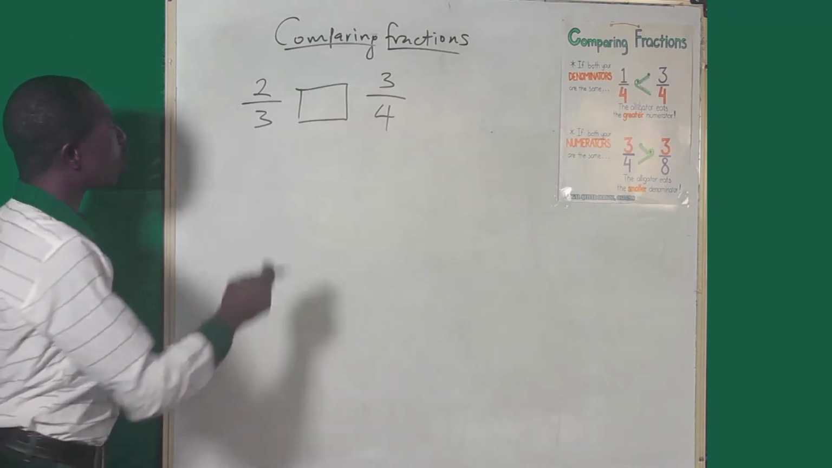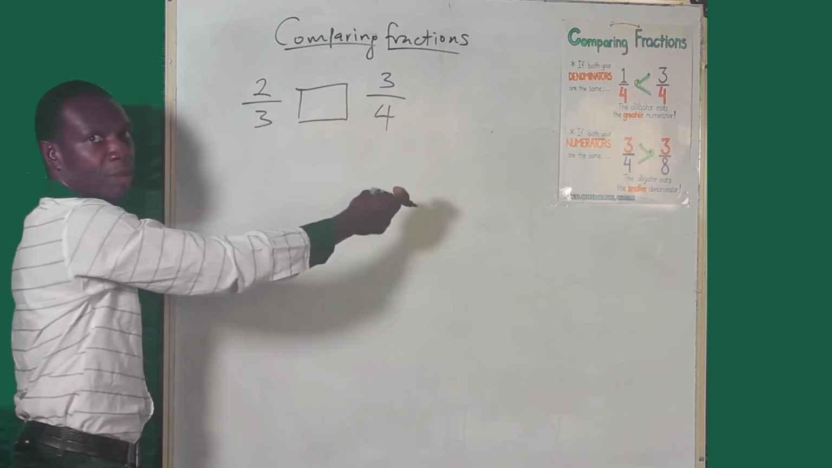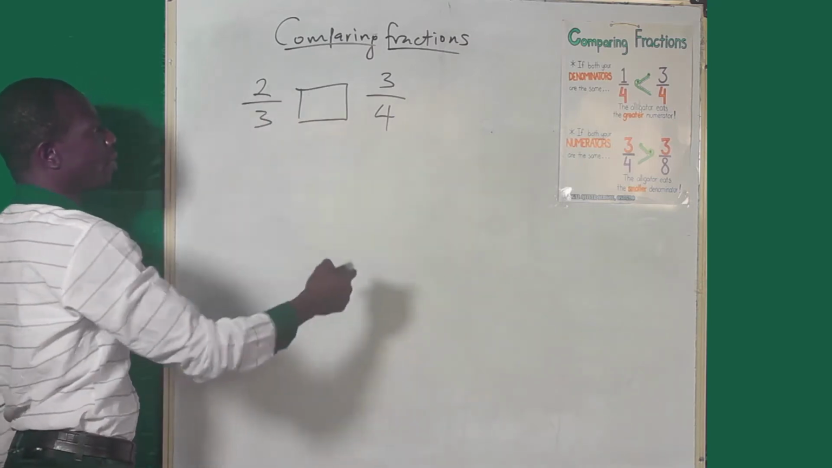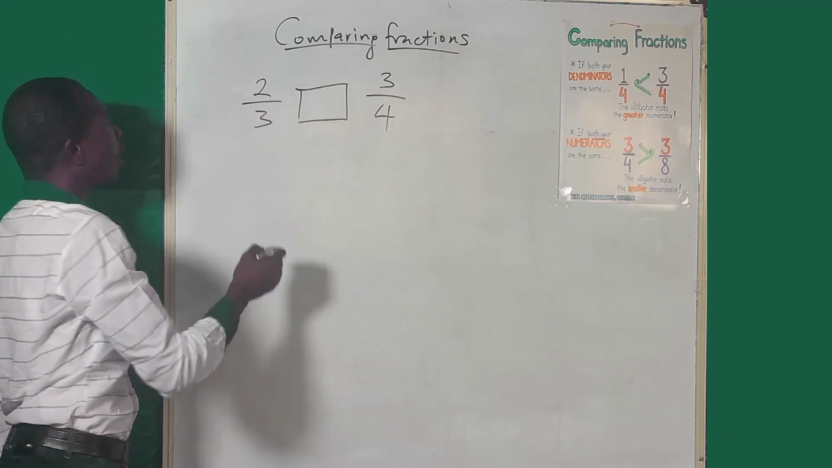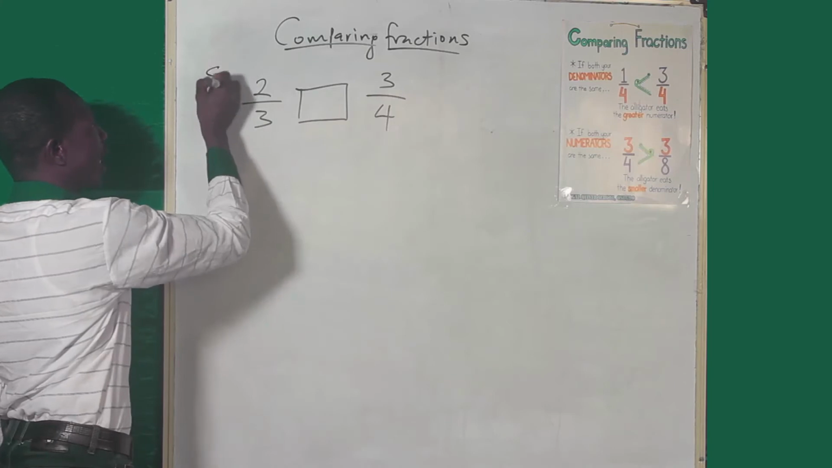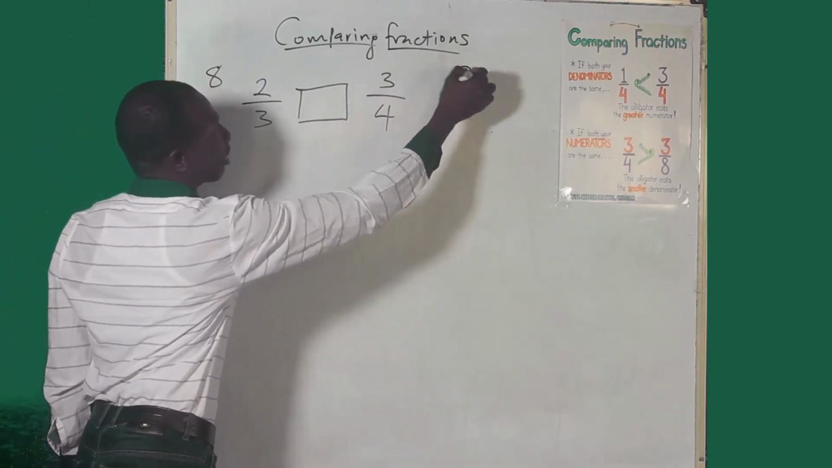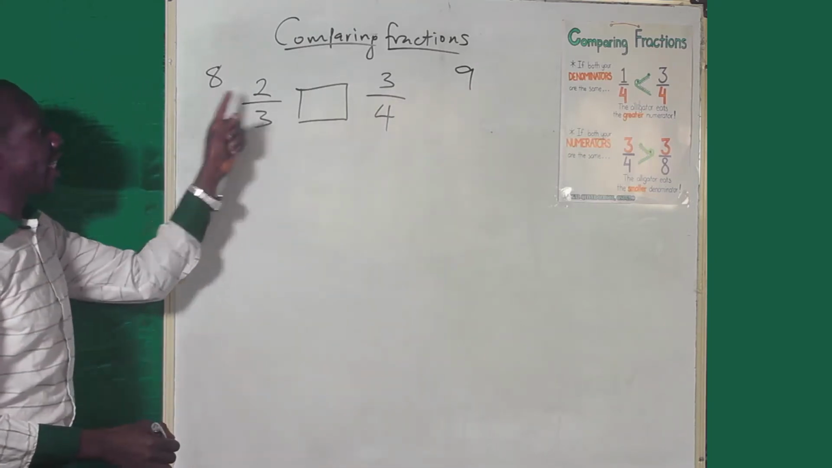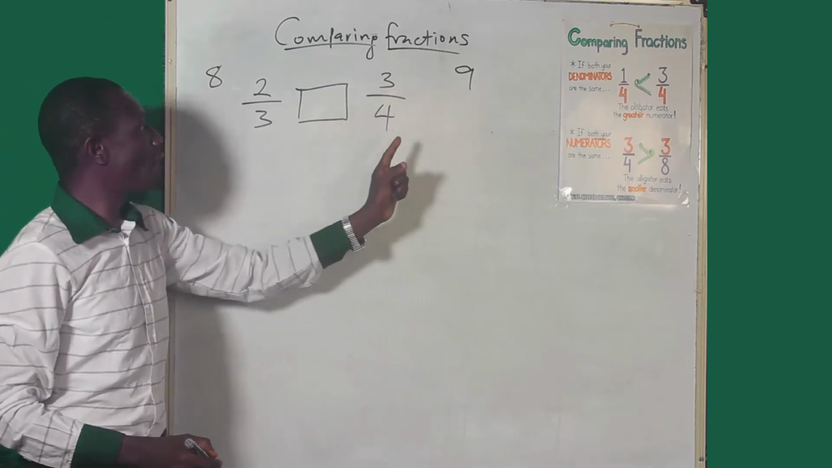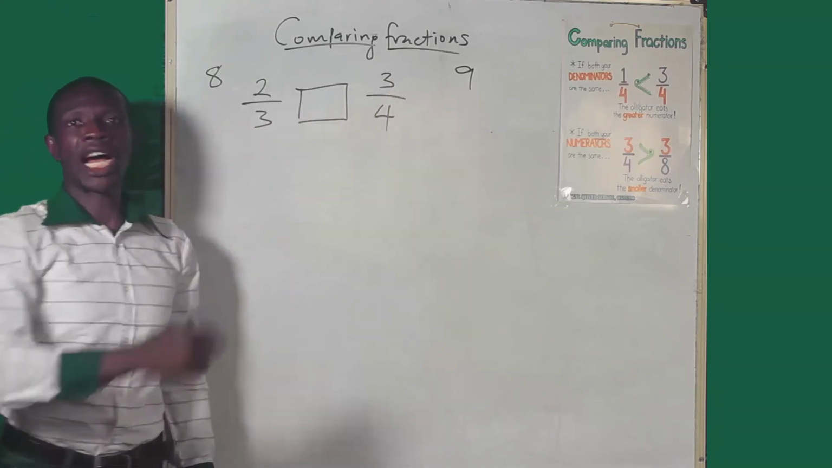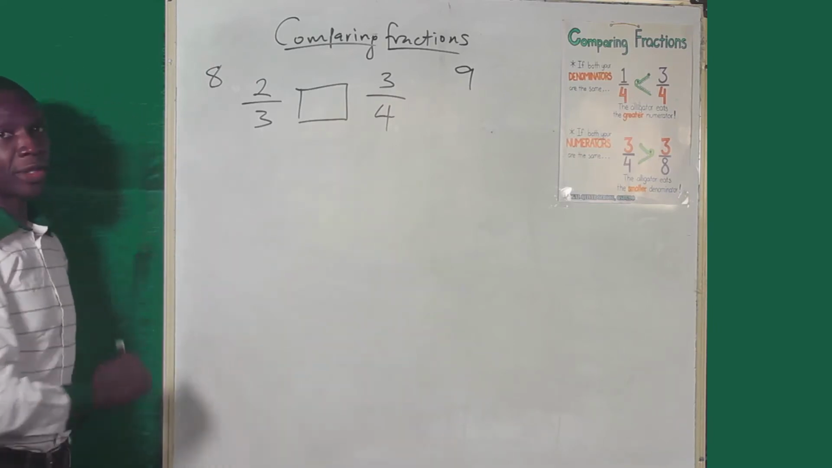We cross multiply each of the fractions with the denominator of the other fraction. For example, this 4 you cross multiply with 2. So you are going to have 4 times 2, 8. Then 3 times 3, 9. Now, look at 8 and 9. Which one is bigger? 9. Therefore, 3 over 4 is the bigger fraction. The second method